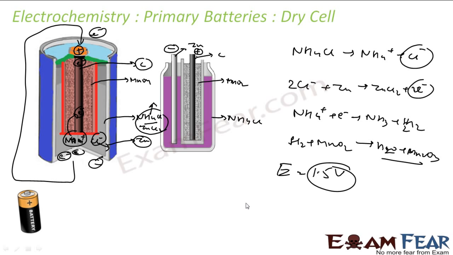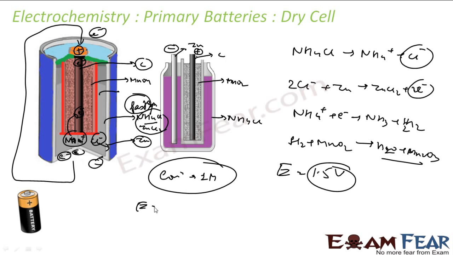Now, it actually has a paste here. We are talking about NH4Cl paste. Since it is a paste, it is not an aqueous solution. Thus the concentration is almost 1 molar. Correct? Since the concentration is 1, the voltage will not drop, as per the Nernst equation we have seen, right? E is equal to E naught minus